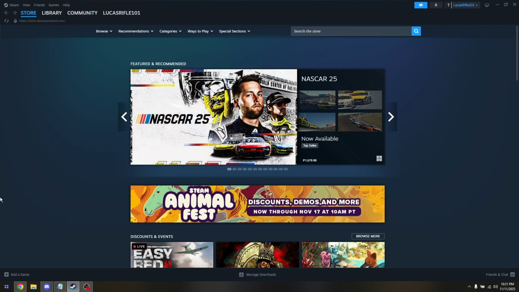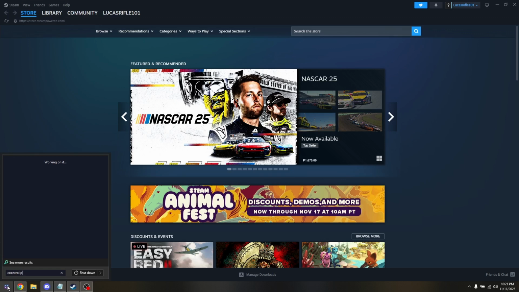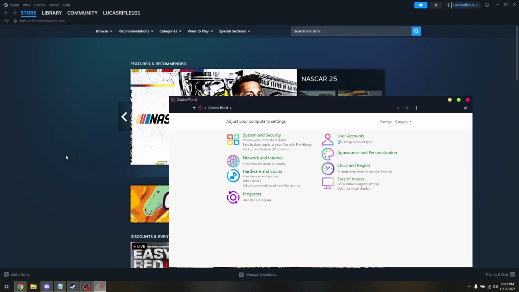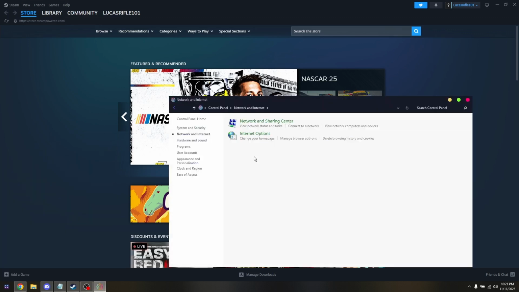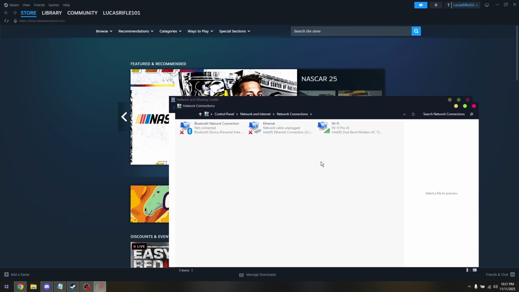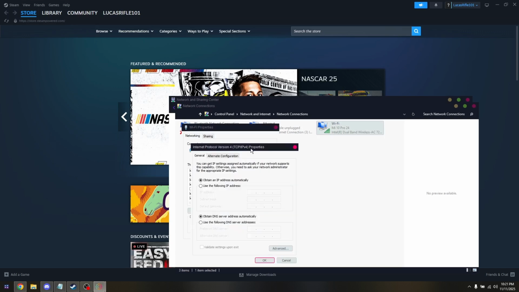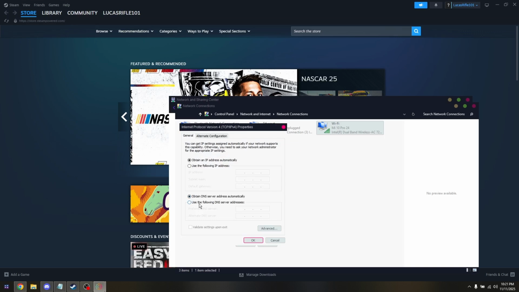Next thing to do is to go into your Windows icon, type in Control Panel, access it. Then in here, choose on Network and Internet. Now click Network and Sharing Center, change adapter settings, right click on your current network and then go to Properties. Choose on Internet Protocol version 4, Properties again, and then here just simply choose the second option, which is use the following DNS server addresses, which is going to be